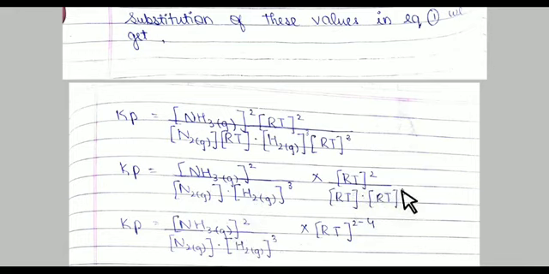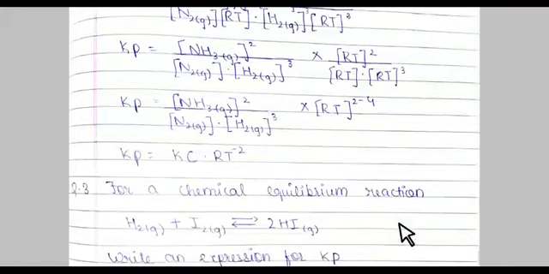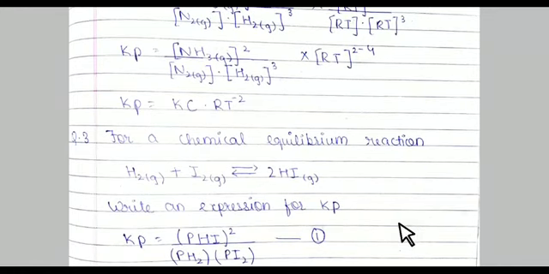And again here, we have to take RT common, and the powers will become 2 minus 4, so it will be minus 2. So Kp is equal to Kc into RT raised to minus 2. It is the question number 2. Now question number 3. Question number 3 is, for a chemical reaction